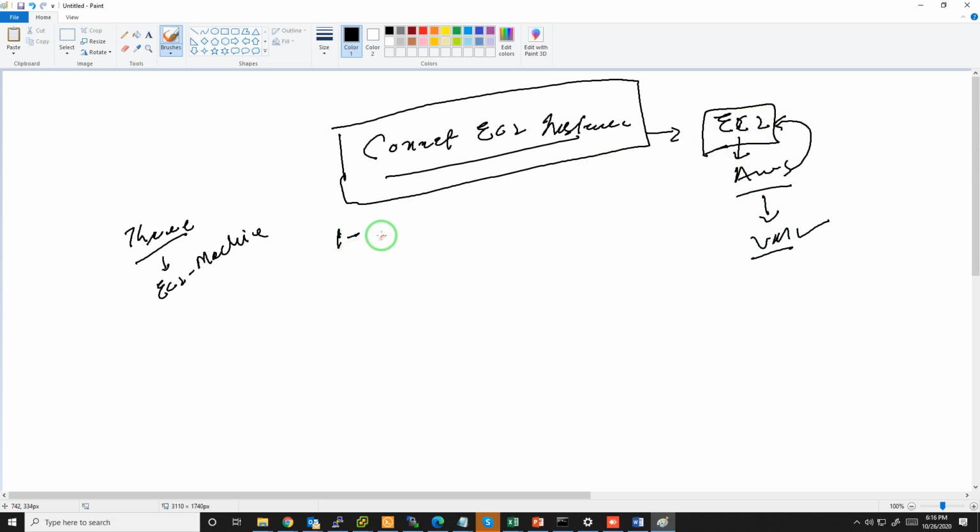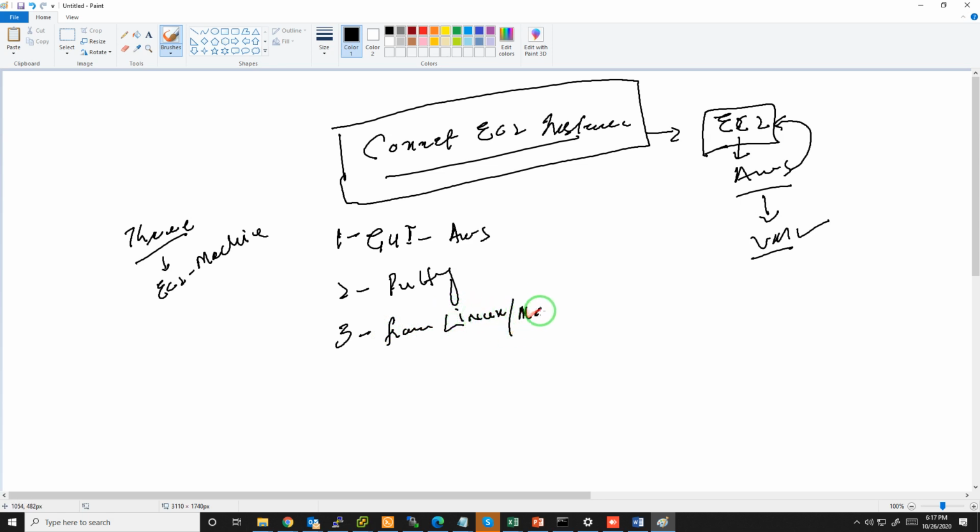The main method is to connect via the GUI provided by AWS. The second one is to connect to your EC2 instance with the help of PuTTY. And the third is how to connect to your EC2 instance from your Linux machine or OS machine.